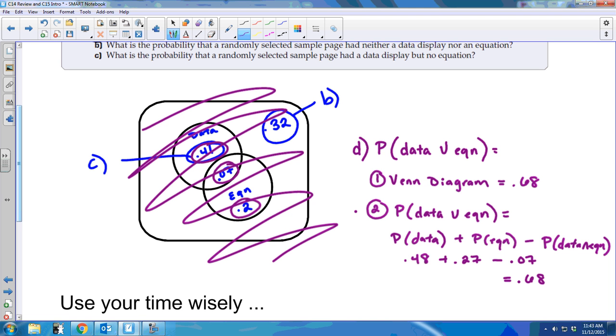Yeah? Okay. Everyone good with that? Questions about using Venn diagrams? Again, personal opinion, I think it makes problems easier. If you don't want to make a Venn diagram, then don't. Figure it out, and that's your prerogative. It's fine. Different learning styles. All right, then